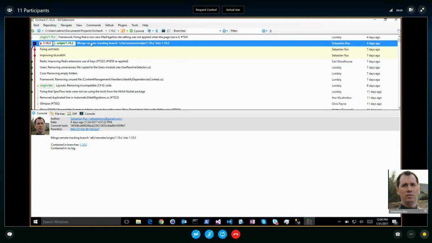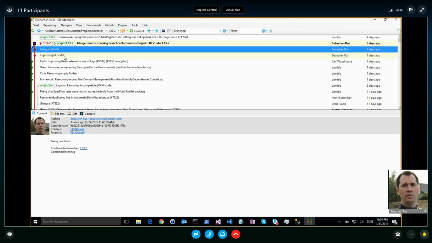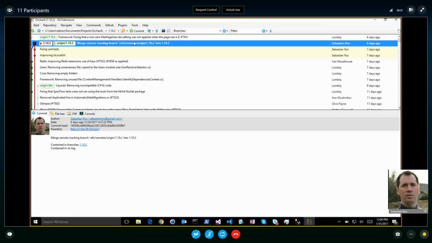This one will be quick. So since last week, unit test fixing, we talked about it, merge remote tracking, this is a merge from 1.10x